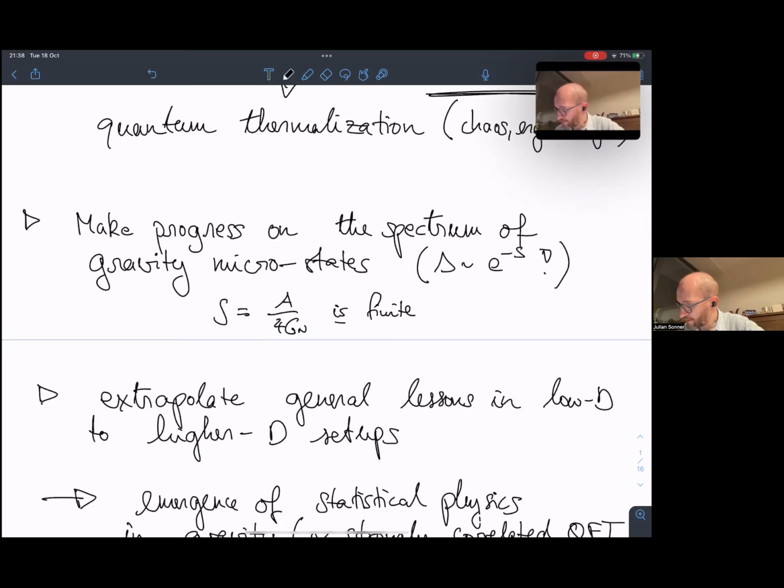And so if it's finite, then we can say that in a unitary quantum system there's going to be a discrete number of microstates, e to the S of them, e to the S Bekenstein-Hawking, and therefore the average separation will parametrically be e to the minus S in the entropy. And so we want to understand the very microscopic spectrum of black hole microstates. It turns out that quantum chaos is a very nice physical principle that allows you to understand this kind of resolution